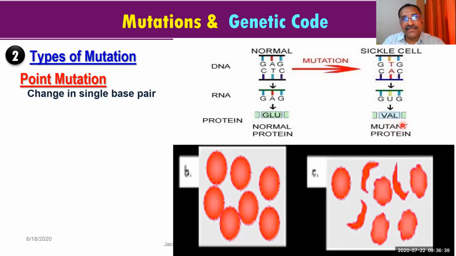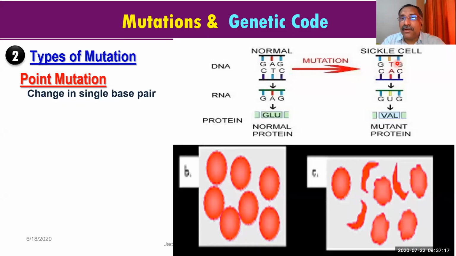The character is changed. See, this is what exactly you see there in hemoglobin. In hemoglobin, when there is a normal condition, you can see it is like this. This is the normal hemoglobin. But when this kind of mutation occurs, the protein which is synthesized causes abnormality, and this situation is called sickle cell anemia. You know it. I think you studied this there in chapter number 3. I don't want to explain it now.